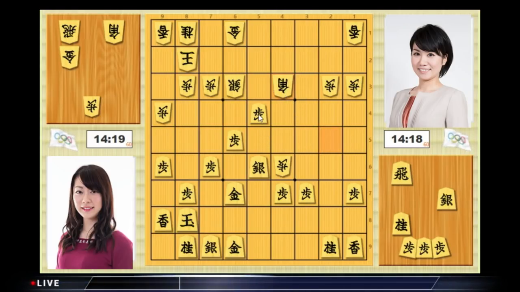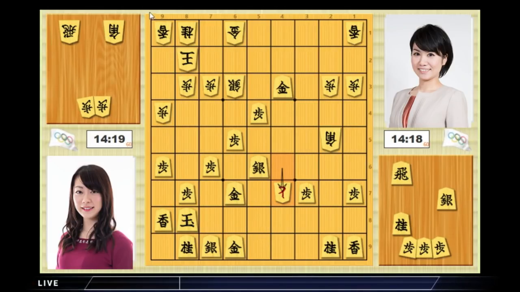If the gold would be taken, this pawn is even faster, right? Attacking two pieces at once, so taking the gold is not a good idea. And Taniguchi-san promoted this token. So what you can see next, if token goes here next, there would be a double attack. Therefore,